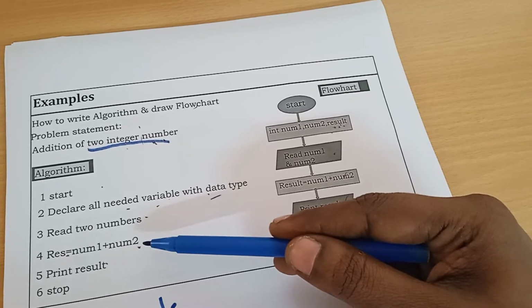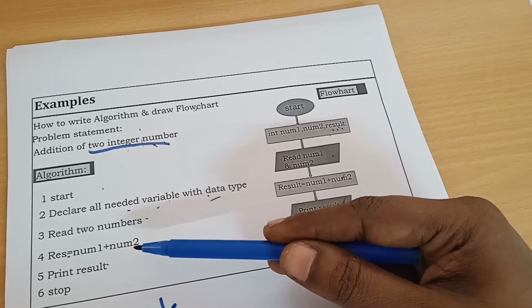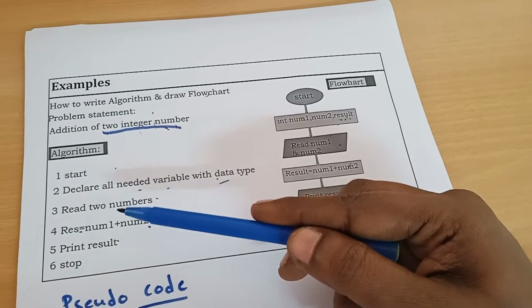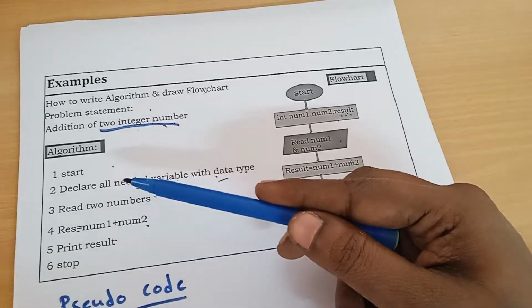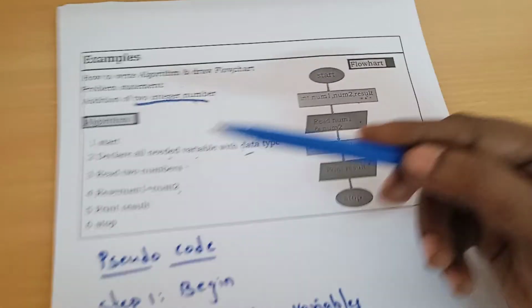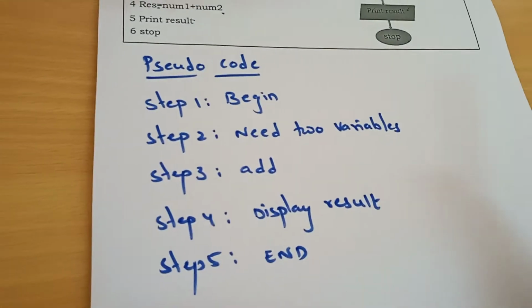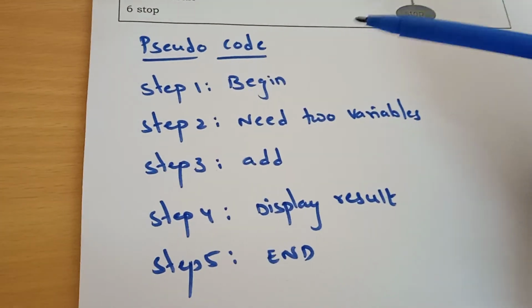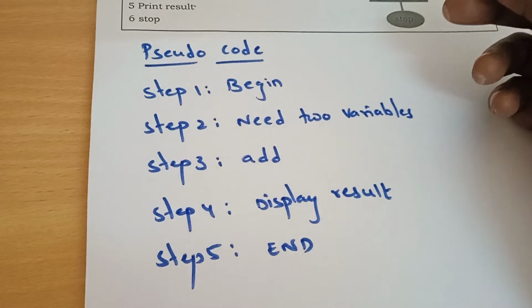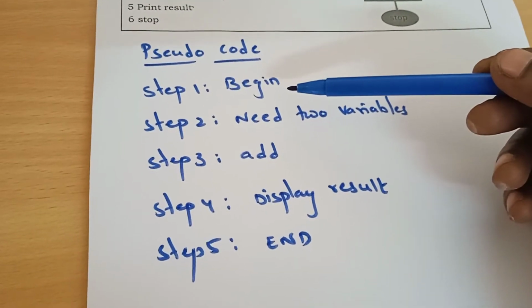So once after we finish the addition, we'll place it into the result. If you look at all the steps of the algorithm, each and every step is in a formal way, right? Now, look at the pseudocode, how it will be informal. The way we started step 1 in the algorithm, the same way we are starting in the pseudocode with